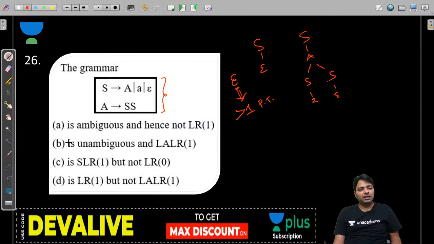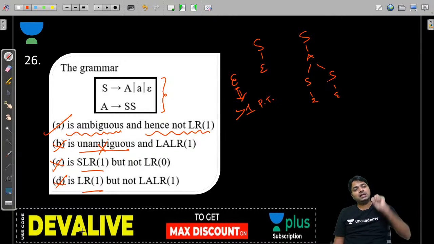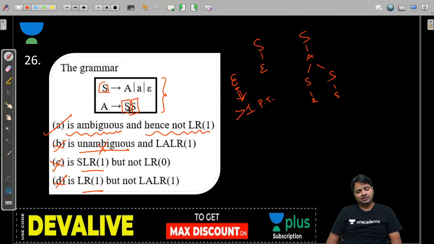So it is ambiguous. When the grammar is ambiguous, no doubt it is not going to be LR1, right? So you have to choose. Unambiguous is a wrong option, and SLR1 impossible, LR1 impossible. So you can't choose them. Yes, A is the right answer. Ambiguous. And you can see that there is left recursion as well as right recursion indirectly. Remember that. Even A also participates the same way.